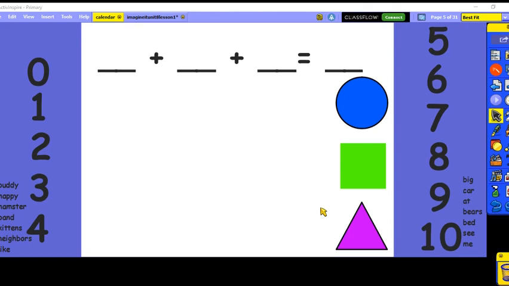Let's do kittens. Kittens. 2 syllables. Neighbors. That's 2. And let's do like. Like. That's 1. Now, let's count all the sounds that we hear in